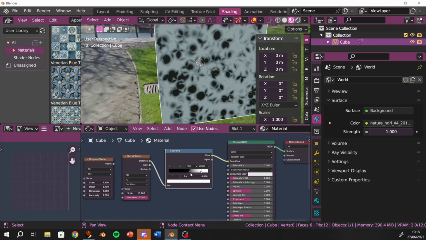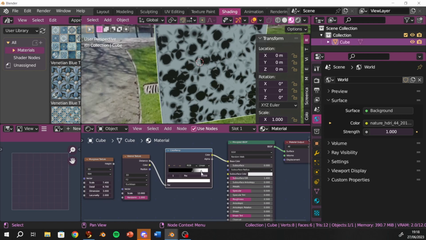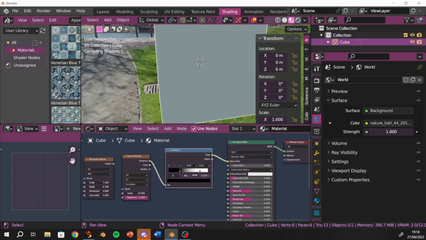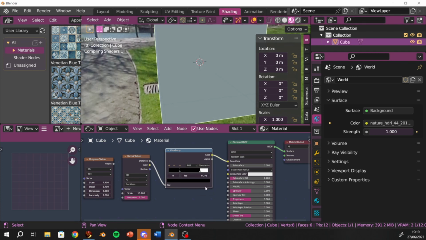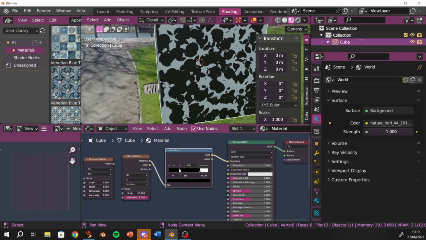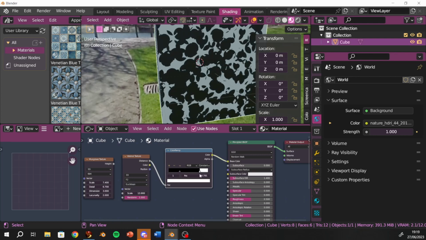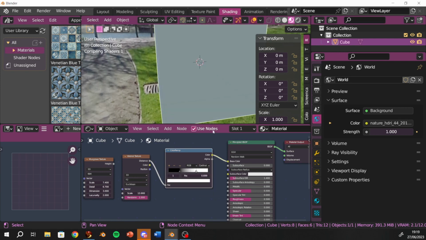You see that? So we can turn it more white or more black. And what you also can influence is the way it transitions between the black and the white. You can ease that. You can make it very hard with constant. You see the differences? Oh yeah. There is no transition between the black and the white. So depending on what you're trying to make,